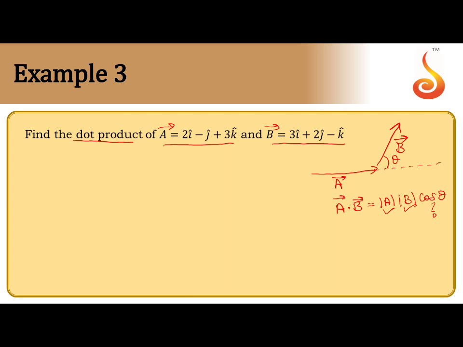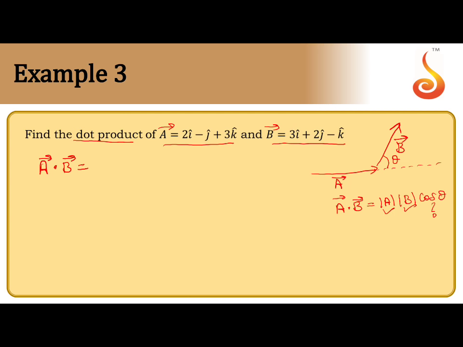So in this case, your A vector dot B vector will be equal to, you just multiply these two vectors algebraically, like how you do a term with equation with x, y and z multiplied with another x, y and z. As you multiply there, here also you are going to follow the same format.